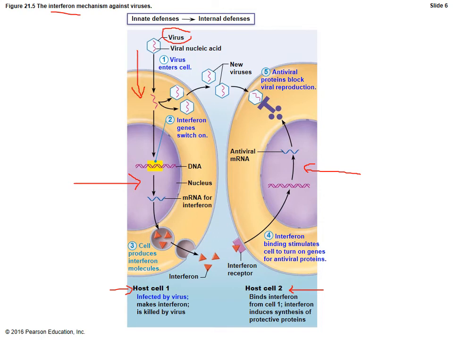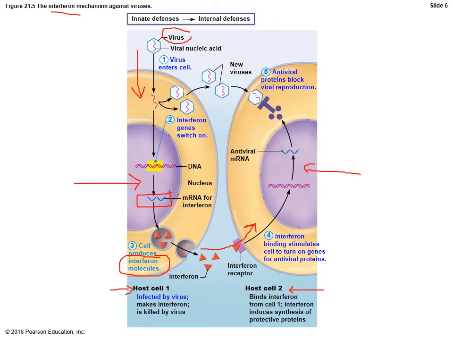And once that happens, it's obviously going to make contact with the DNA, because remember, viruses need to get access to your host genome so that they can replicate themselves. And as part of what we see happening is that, yes, the virus is going to replicate itself, but at the same time, the DNA that becomes infected will go ahead and induce transcription and translation and start production on these interferon proteins. These interferons are then released by host cell 1 and will travel over to neighboring cells,